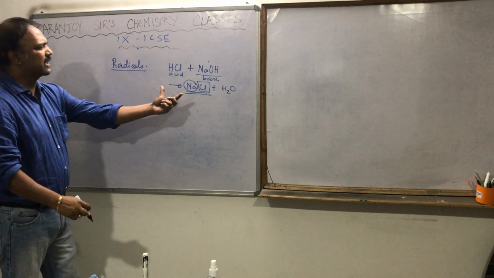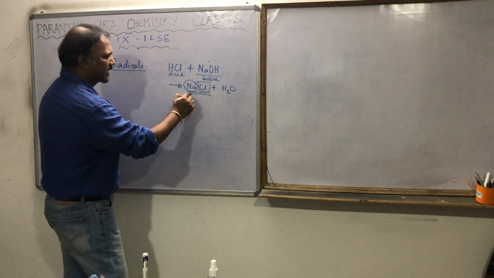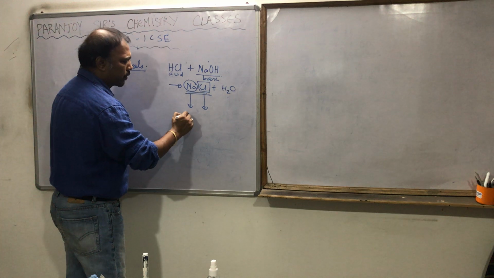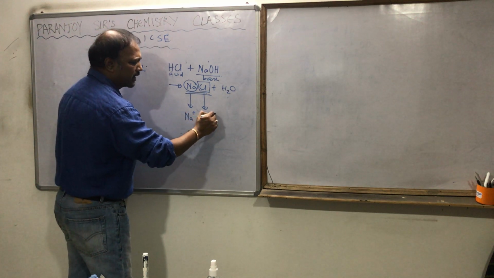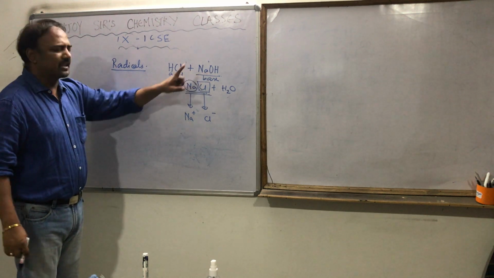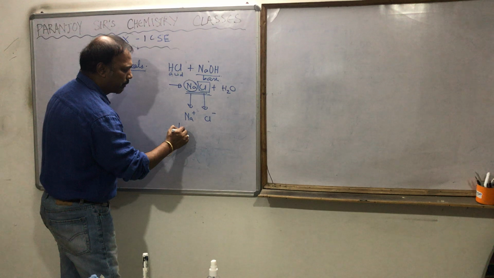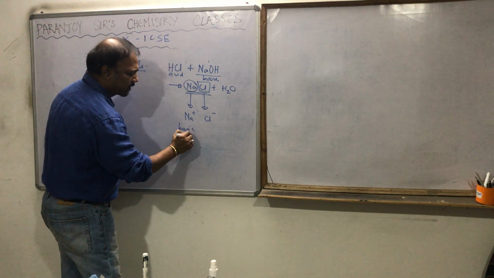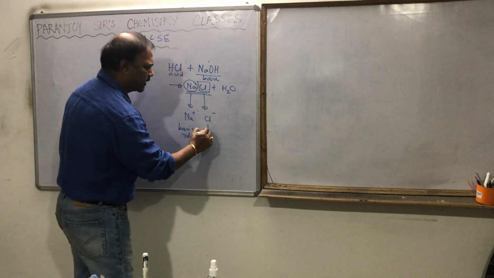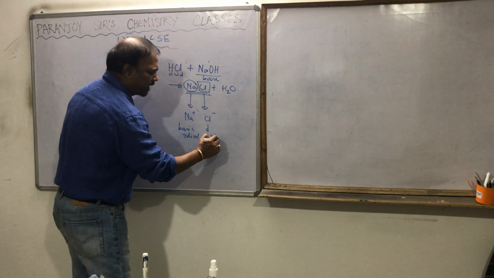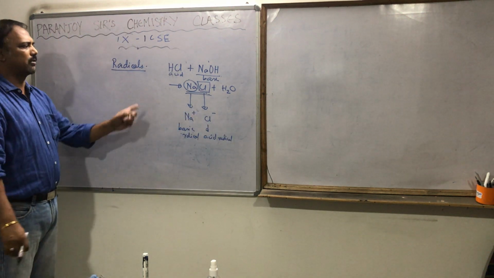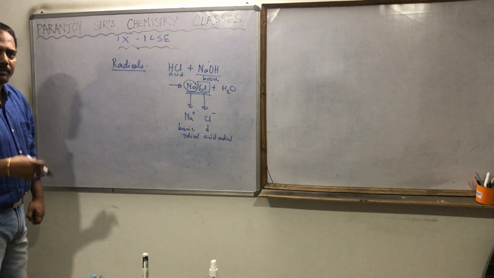Now in this salt there are two radicals. One is this and one is this. Obviously they are in the form of their ions: sodium positive and chlorine negative. This sodium positive is coming from the base, that is why this is known as a basic radical. And since this is coming from the acid, we call it an acid radical. But in the examples I had given, in both the basic and acid radical, the number of elements is 1. It can be more than one element.